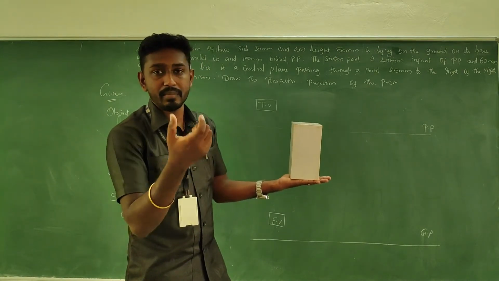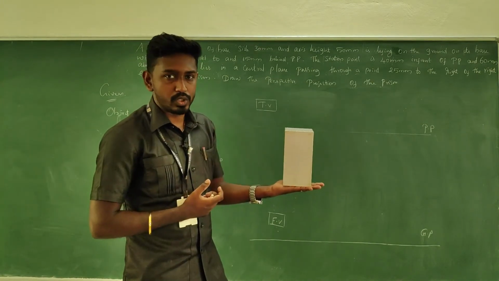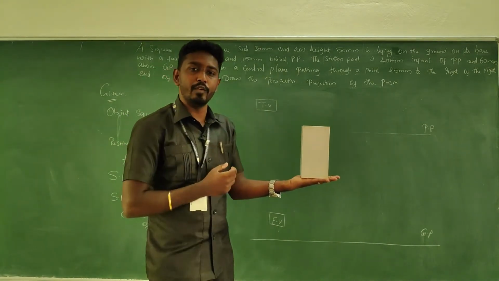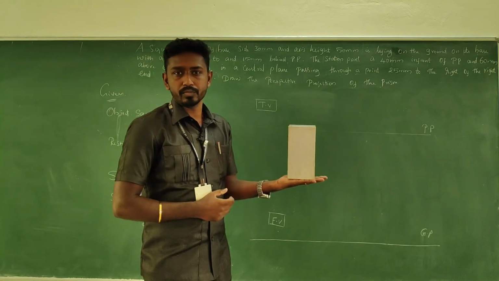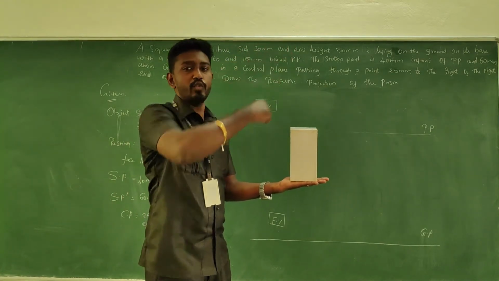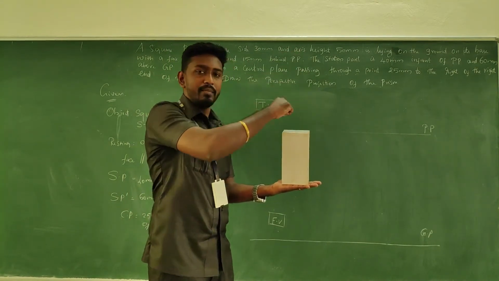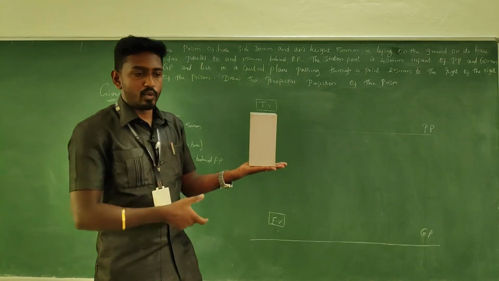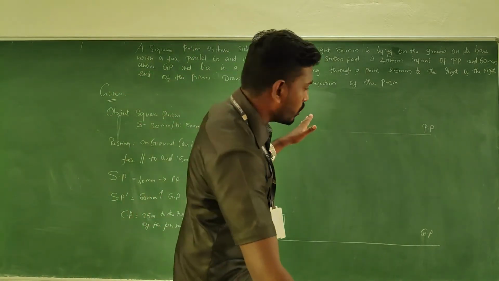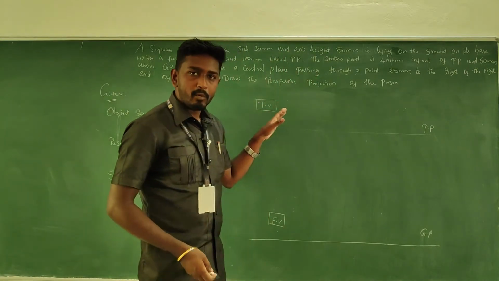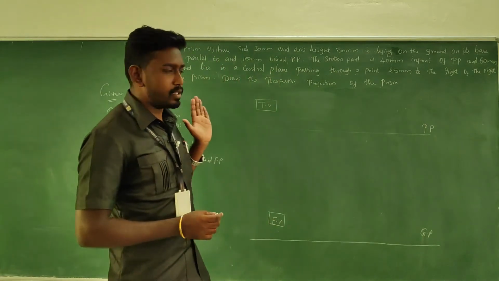If it is a hexagon prism, hexagon is the true shape. If it is a pentagonal prism, pentagon is the true shape. So here, in which view can we see the true shape? Either in the top view or in the front view. In the top view we are able to see the true shape. So the top view shows the true shape, and we need to begin from the top view. In the front view, we are able to see the height of the object. So in the top view, we are going to draw the square, that means in the picture plane, right?